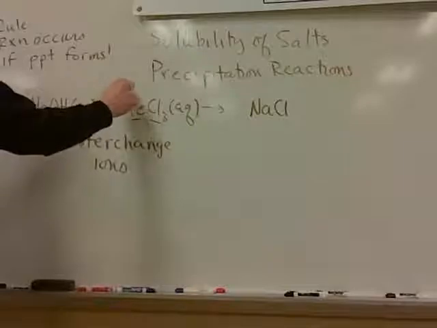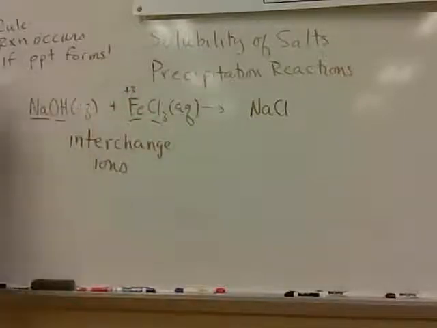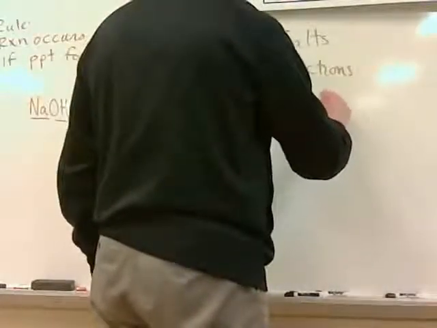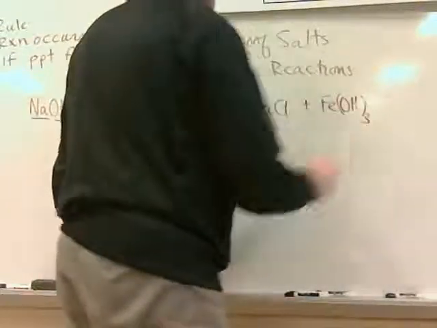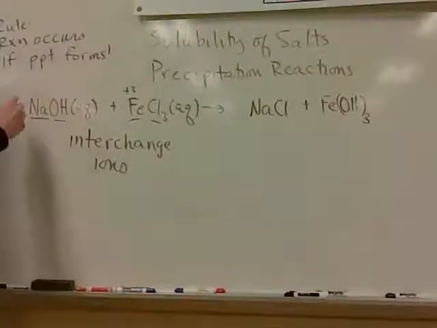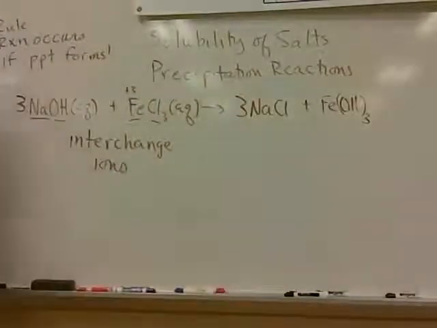Remember, the iron was the +3 as designated by the 3 on the chlorine. So that gives us ferric hydroxide. And looks like the equation is unbalanced,